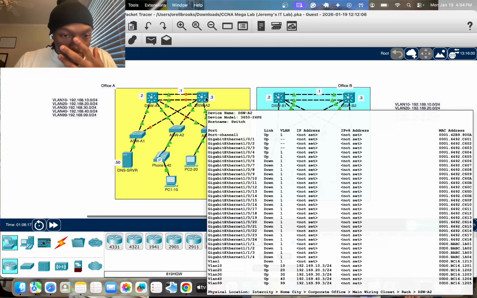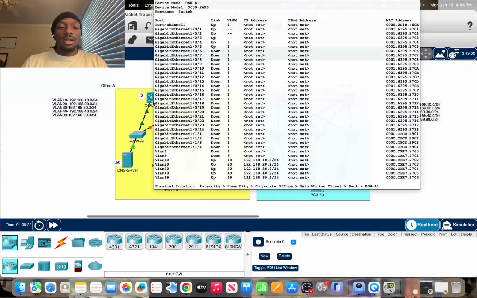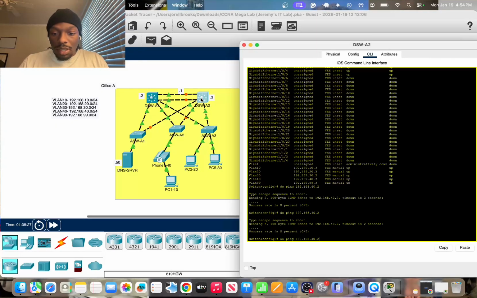But like I was saying, we didn't set up the trunk. This is kind of like some VLAN communication I'm gonna go over right quick. So I am trying to ping dot 40, VLAN 40. But since I did not set up a connection between these two distribution layer switches yet, as you can see,